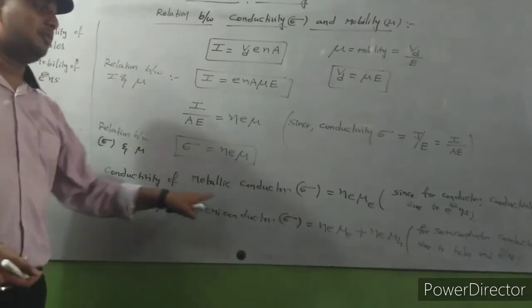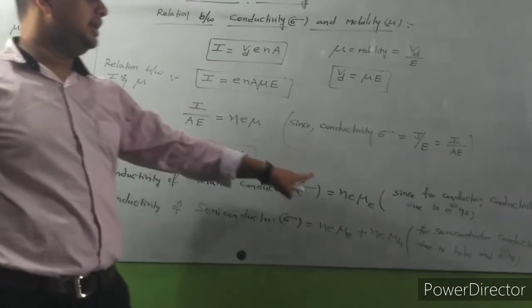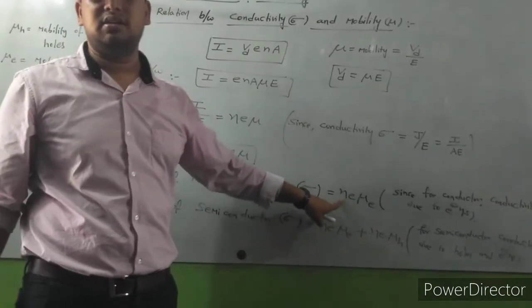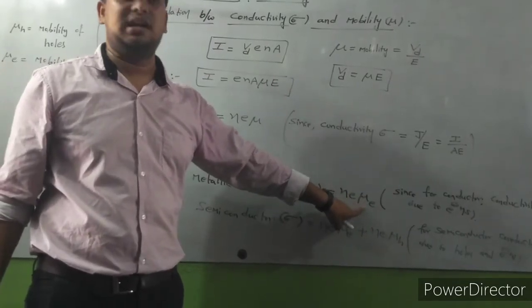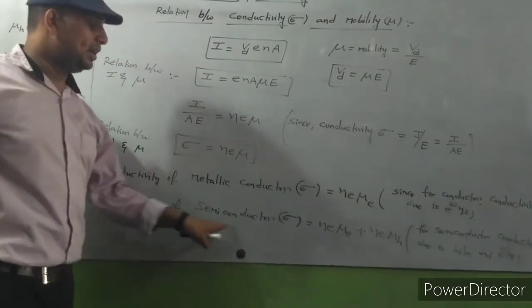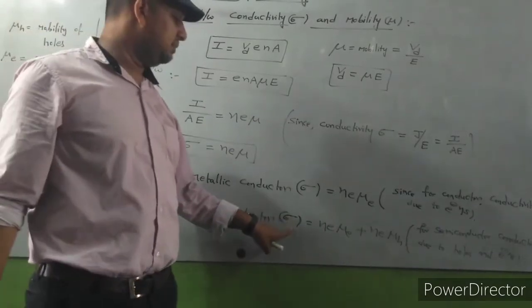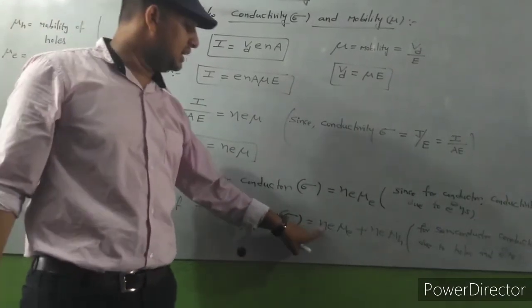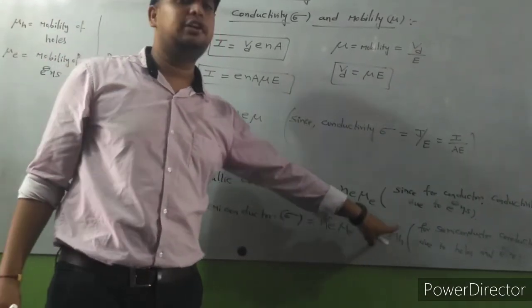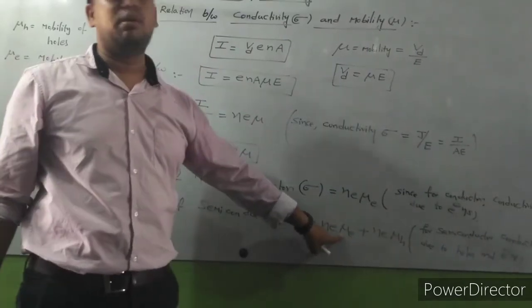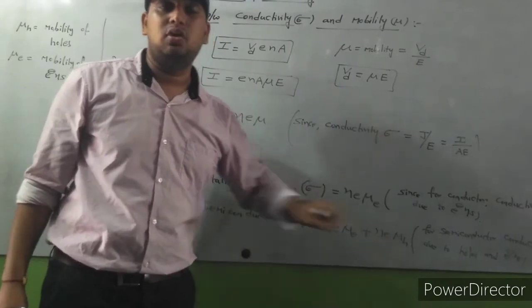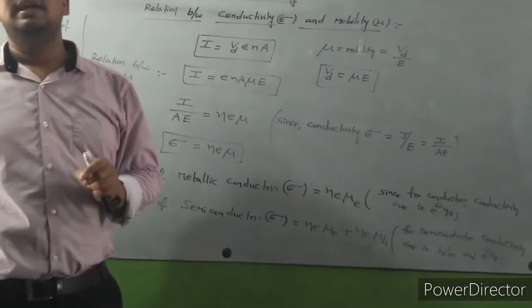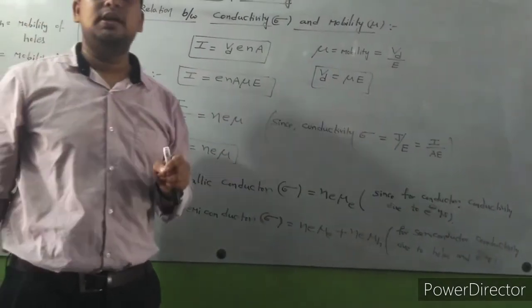What is the conductivity of metallic conductor formula? Ne into mu e. N means free electron density, e means charge of electron, mu e means mobility of electron. And conductivity of semiconductor sigma is equal to Ne into mu e plus Ne into mu h. Mu e means mobility of electron, mu h means mobility of holes, because for semiconductor conductivity is due to both